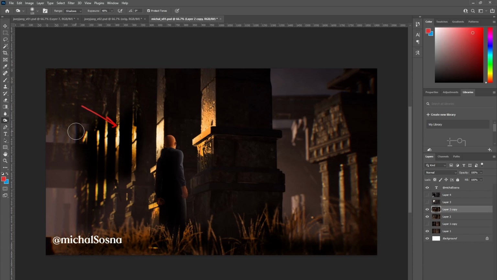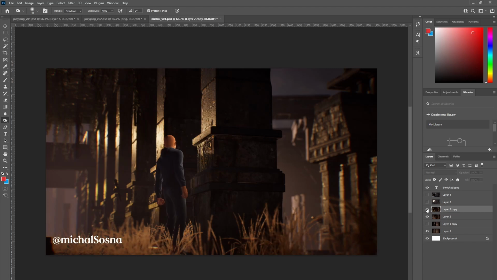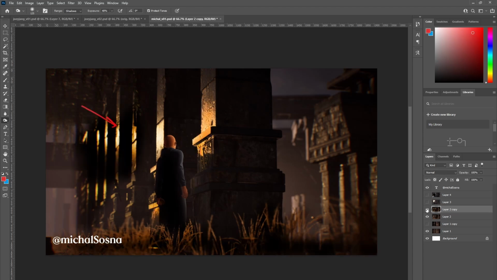Yeah, that's fine. I'm wondering whether it's a little bit too defocused given the camera lens. It looks like it's quite a wide angle, but you know, it's hard to tell with Unreal. Let's see. Yeah, guessing it's okay.